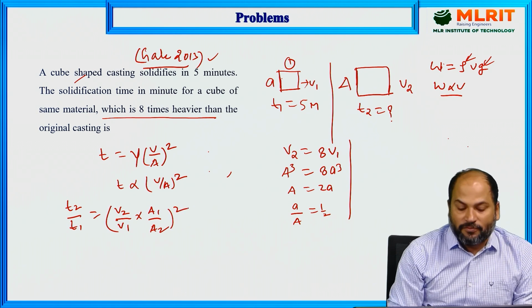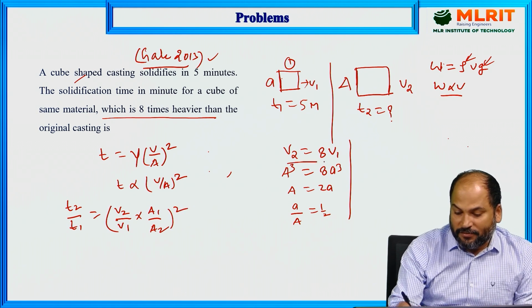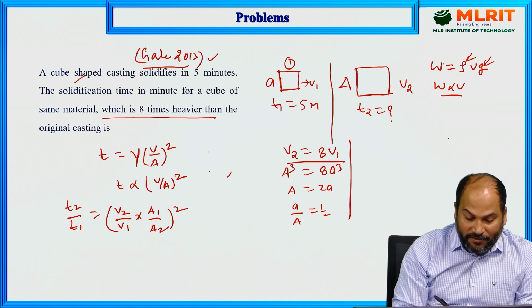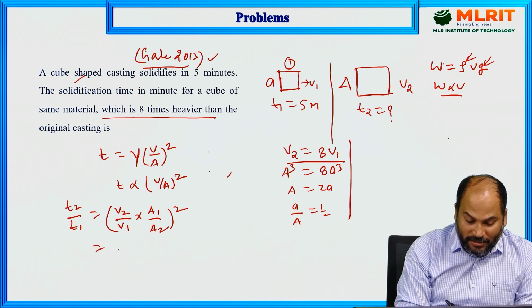From this relation, V2 is nothing but 8V1. So we can write 8V1 upon V1